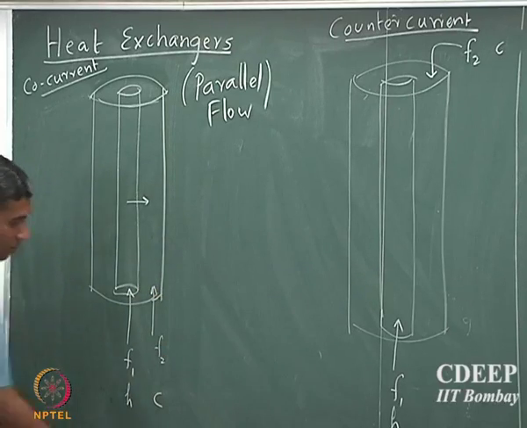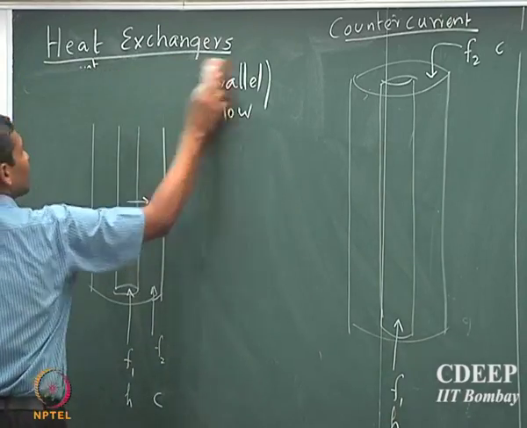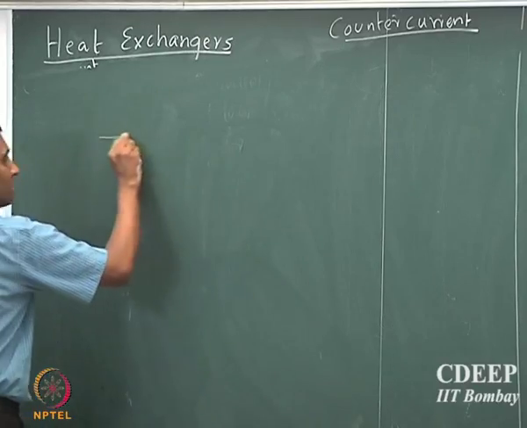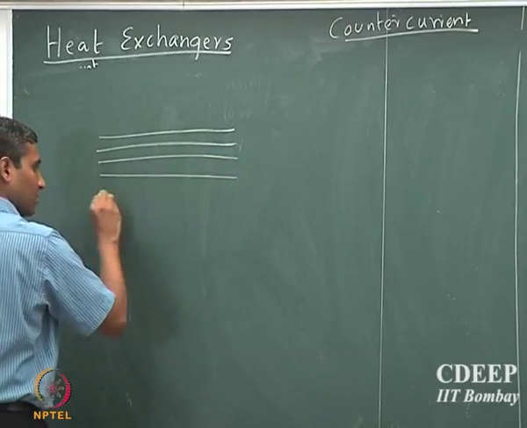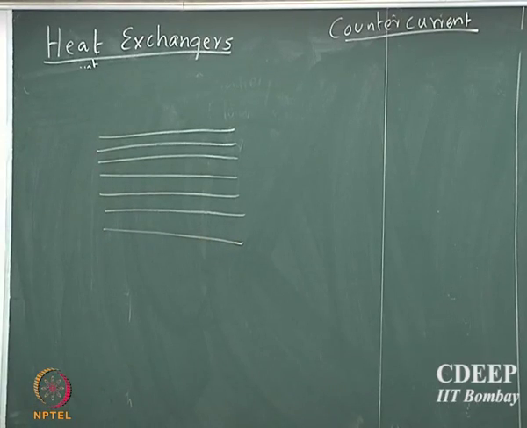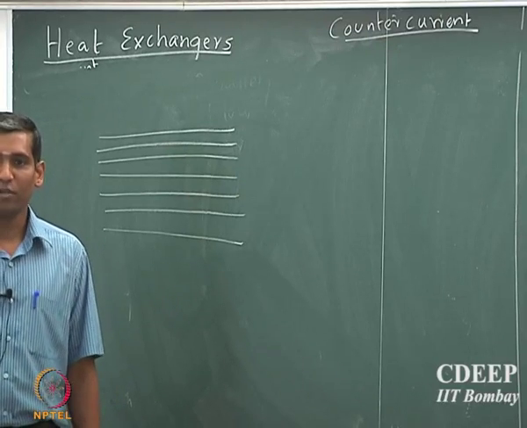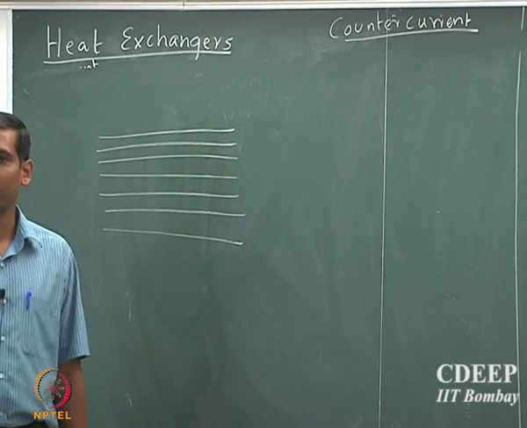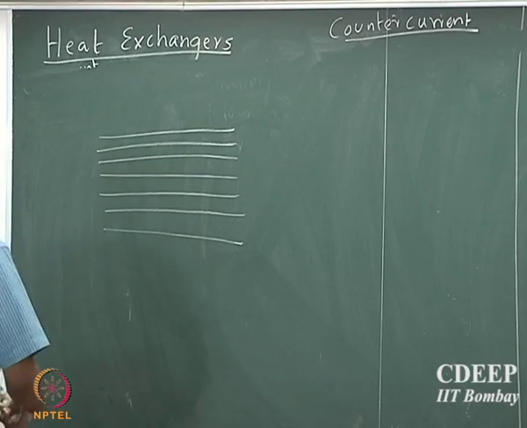Okay. So, now, let us look at the second one, which is the compact heat exchangers. A typical compact heat exchanger, most of you probably would have seen in your car, if you have noticed, the radiators that you have in the front, they are an excellent example of compact heat exchangers, okay, where you have